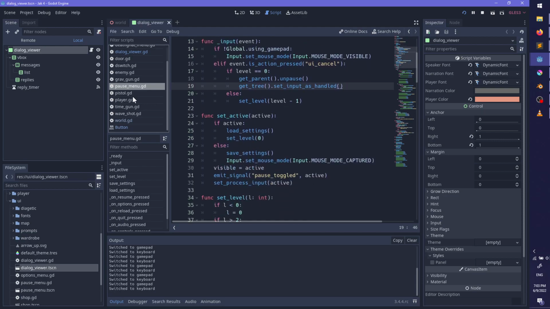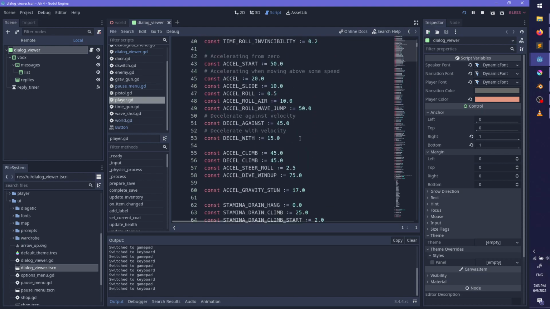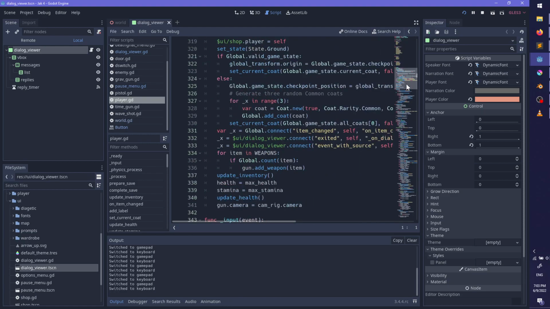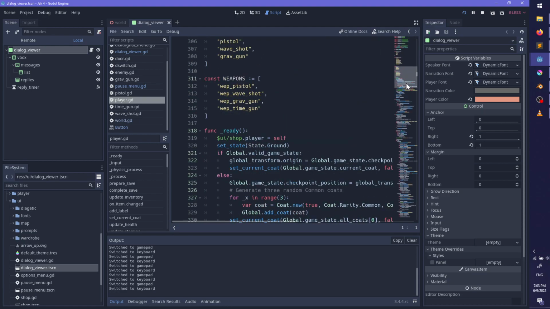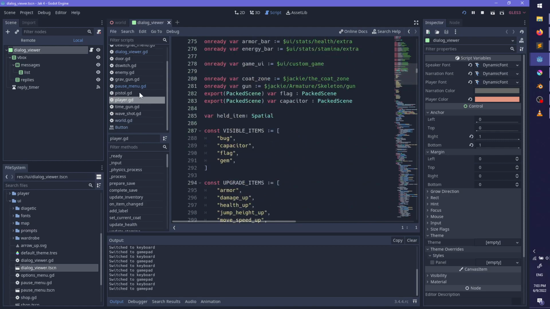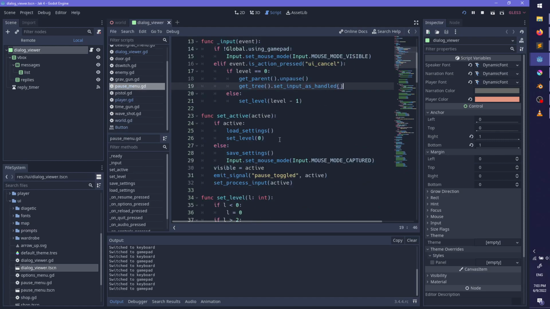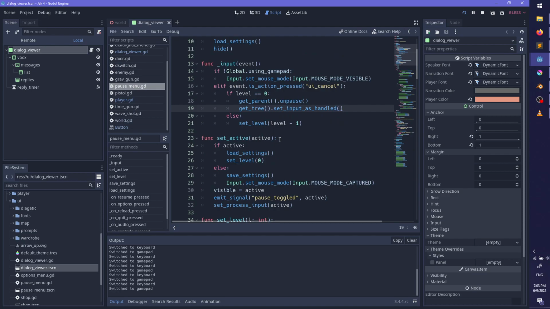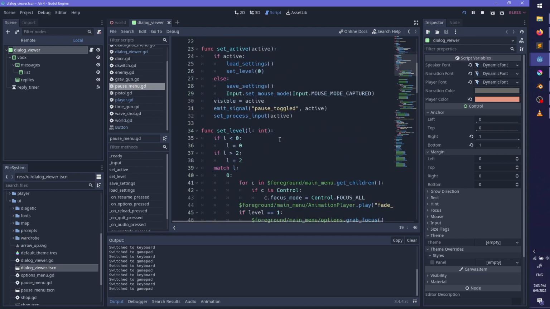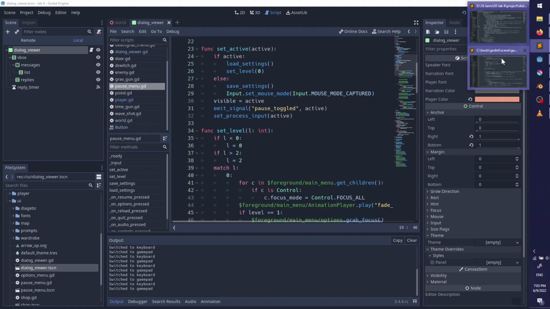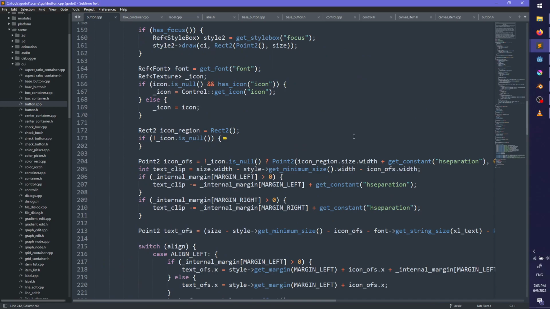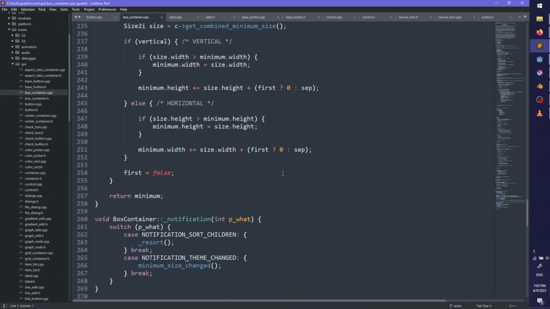Which one is that? I don't know. I don't think box container is going to be what I want.